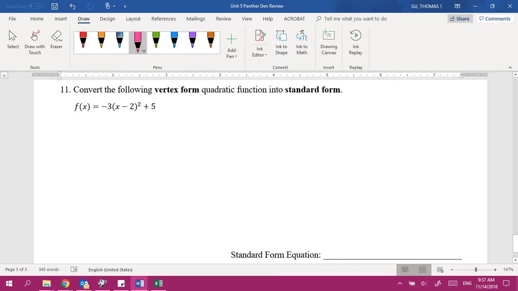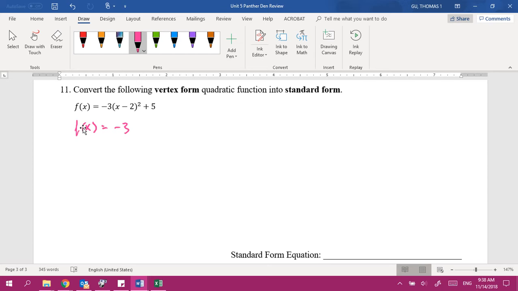Number 11, this is converting vertex form to standard form. This one, there's no fancy formulas or anything. All you have to do is just work out the problem. So you want to expand your squared term right here. So f of x equals -3, but x minus 2 with the parentheses and squared, that's actually just writing the